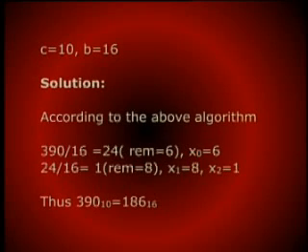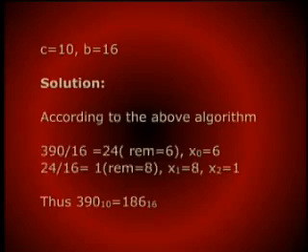We again divide it by 16. We get 1 and remainder is 8. So the next coefficient is 8, which is x1. And 1 again divided by 16 is 0 and remainder is 1. So the final value x2 is equal to 1. So written in the form of hexadecimal, we will get 186 in hex. So therefore 390 with base 10 is equal to